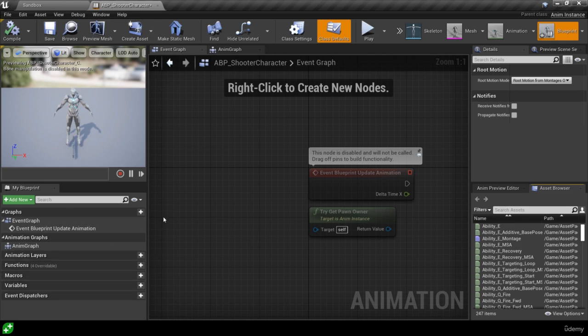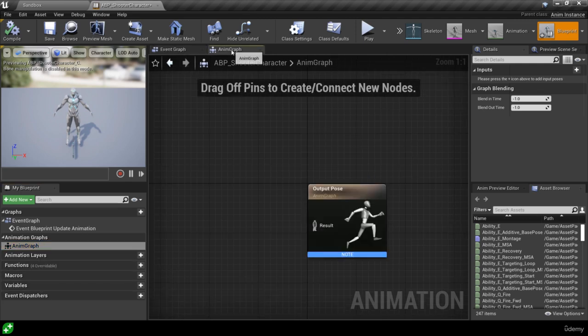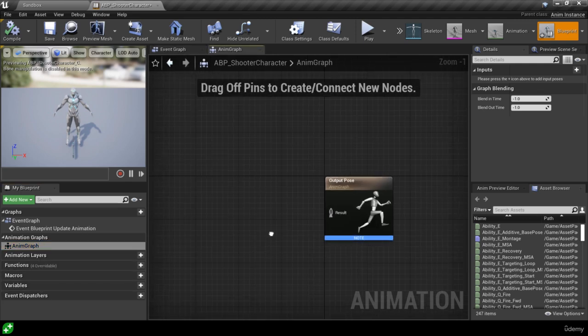Then over in the bottom left, we've got that My Blueprint pane, which is very much the same as My Blueprint on your standard blueprint. You've got your functions, your variables, macros, that sort of stuff is the same. What's different, oh yeah, we've got the graphs as well, that's also the same, but what's different is this animation graphs and animation layers. Now, we're not really going to touch upon animation layers, that's a bit more of an advanced feature that we don't need, but the graph, that is what is very important indeed, because the graph is